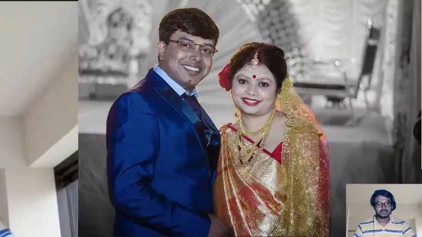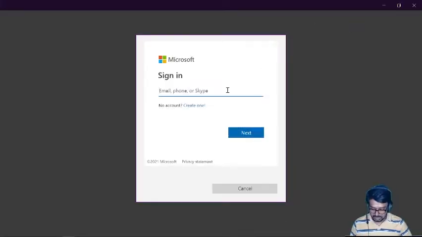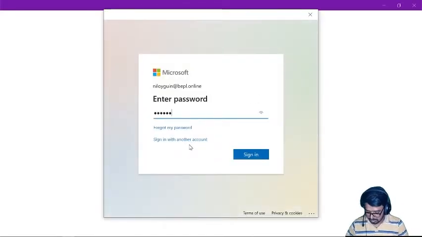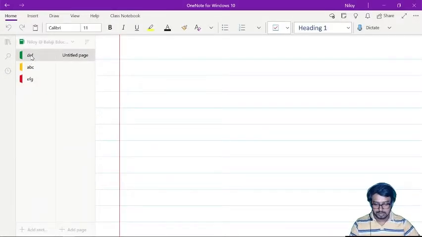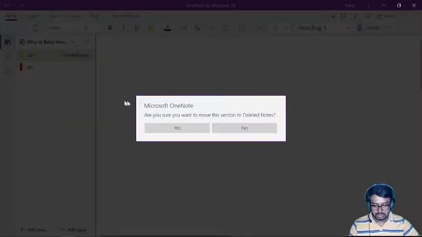Okay, without wasting time, let's move towards my XP Pen window. Open OneNote. They may ask you to sign in. You have to sign out from the particular account which was already signed in, and then log in here. I'm trying my ID. Okay, I'm in. Before proceeding further, I'm deleting all the sections because I have to show all the things properly to you.